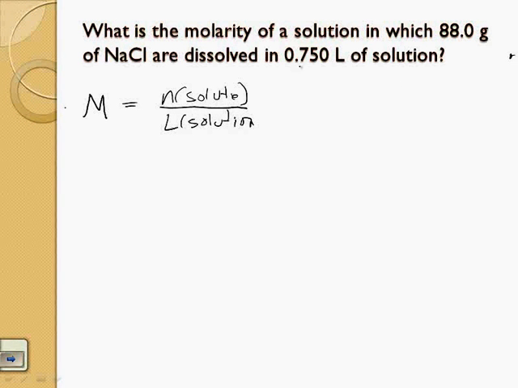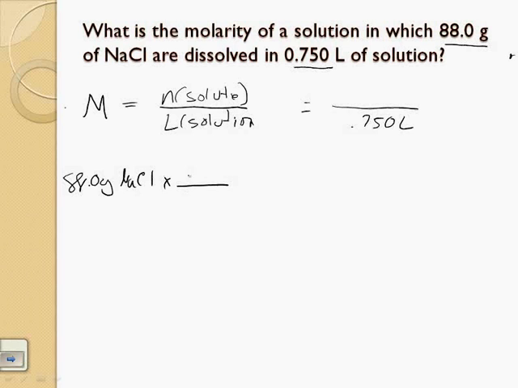Alright, so let's see what we know. We know the liters of solution, right? So we know this is 0.750 liters. And we're not given moles, but we are given that we have 88 grams of sodium chloride. So we can figure out moles because we have 88.0 grams of sodium chloride. And what we know is 1 mole of sodium chloride has a molar mass of 58.44 grams of sodium chloride, and this gives us 1.51 moles of sodium chloride, and this is the solute, so this number goes up here,